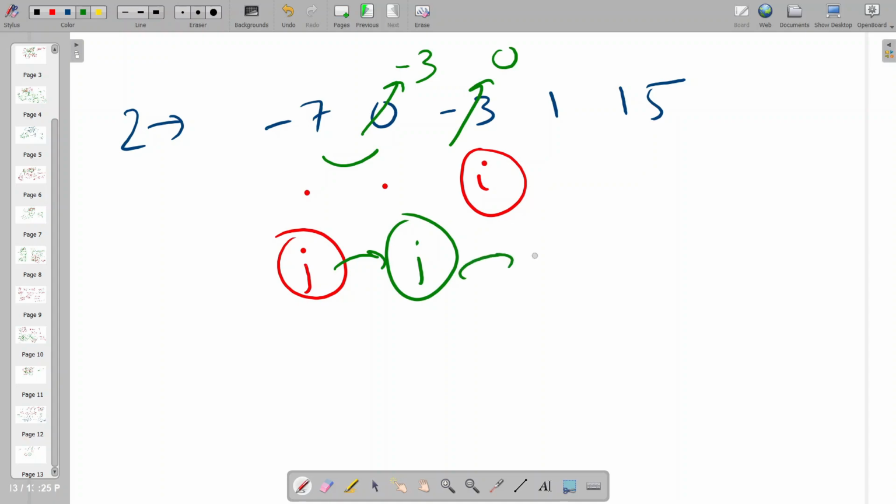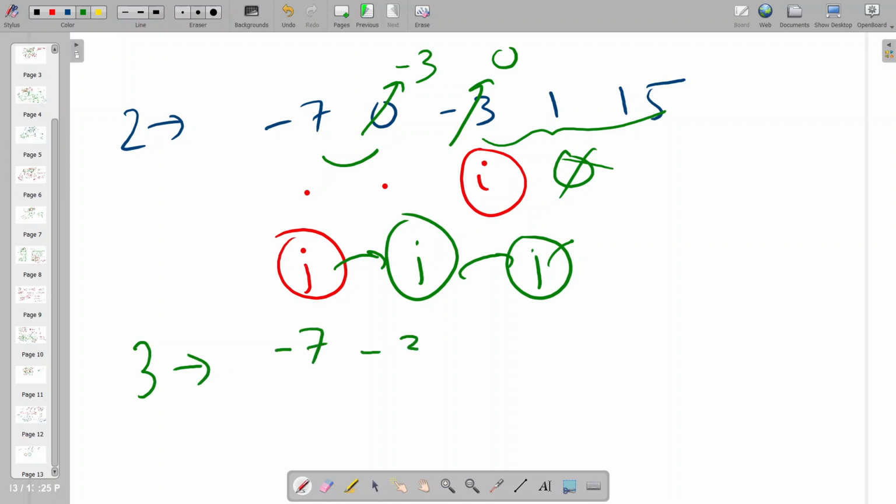Now j goes to here, and it says okay, 0 is less than 1, fine, no need to change. And while we take j up to here, we know that it is useless to go here, we will not find any discrepancy here, so this is extra task, useless. After third iteration our status is -7, -3, 0, 1 and 15.